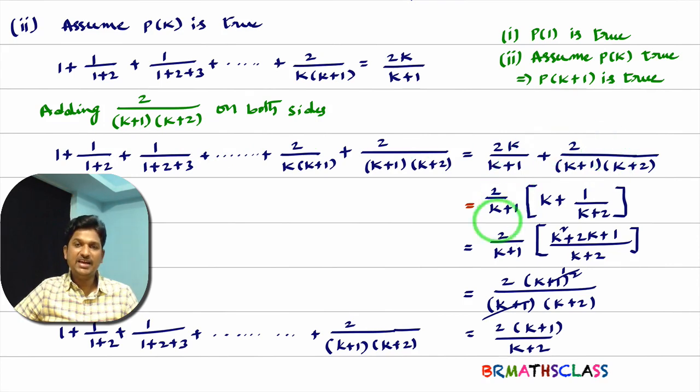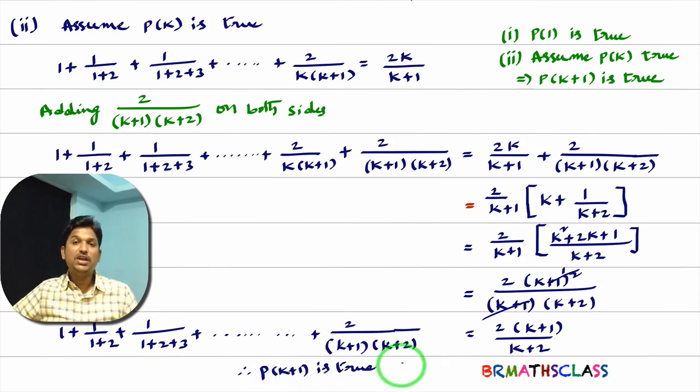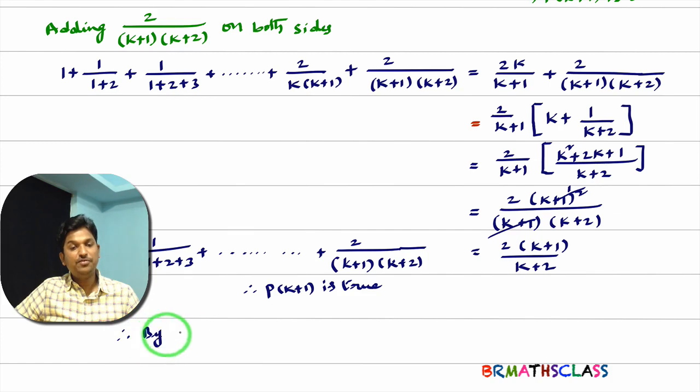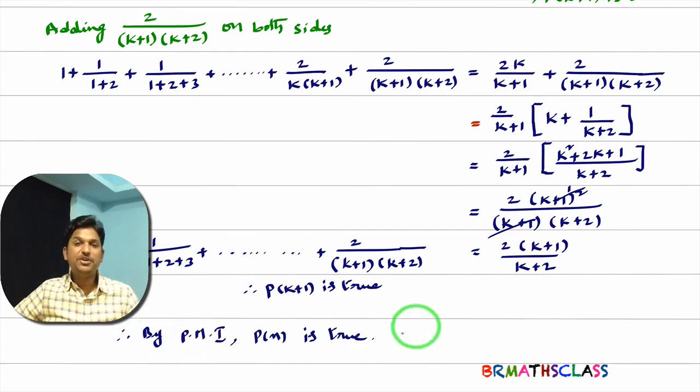Now what I did is a little bit of simplification here. I got this statement. It means that both these statements are the same. As this statement is true, this statement is also true. What is this? This is nothing but P of k plus 1. Therefore, P of k plus 1 is true. So what happened? We proved two things. In the first part, we proved that P of 1 is true. In the second part, by assuming P of k is true, we proved that P of k plus 1 is true. Therefore, by the principle of mathematical induction, we can say that P of n is